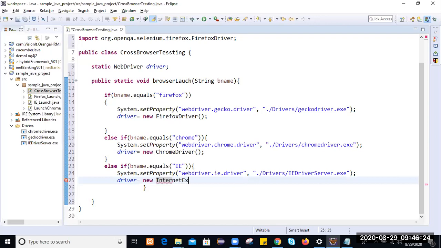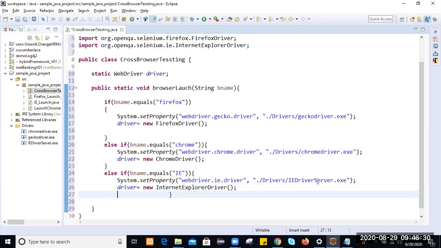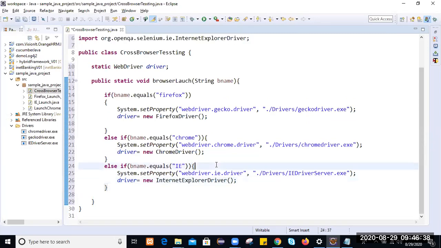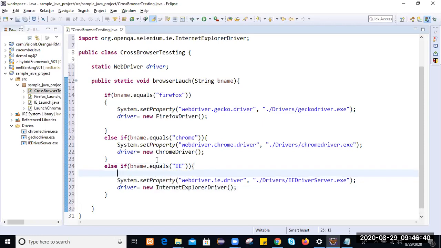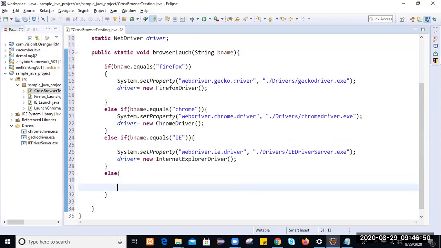If it is Internet Explorer, then it will use the Internet Explorer driver, which is one of the implementation classes, and launch Internet Explorer. Once we launch a particular browser, we'll maximize the window. If nothing gets matched, here we will display one message.